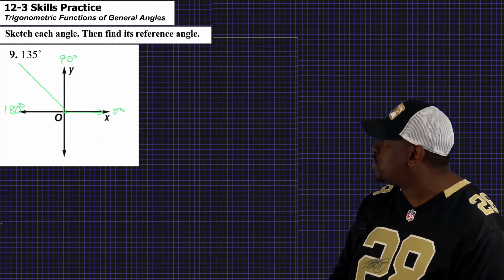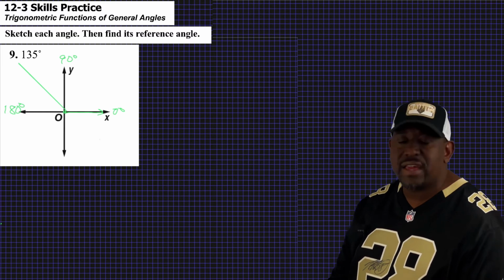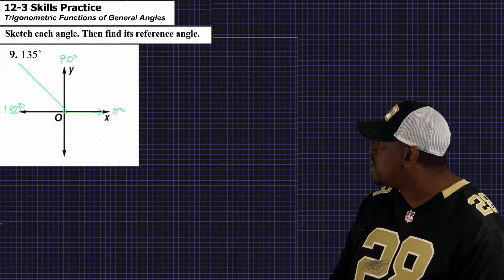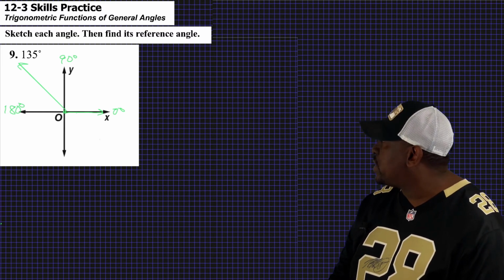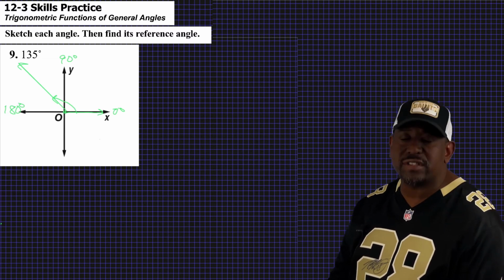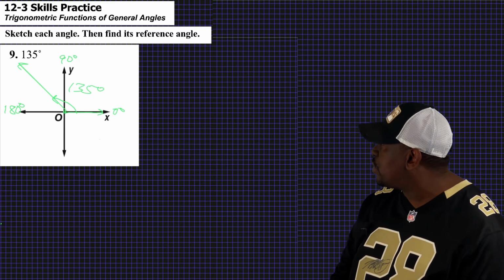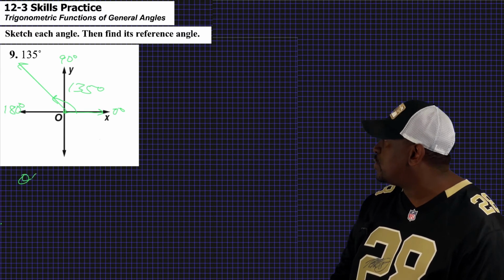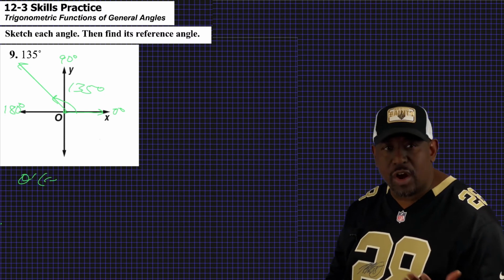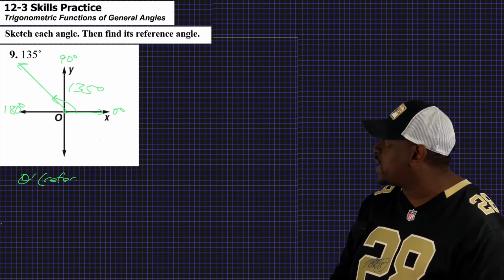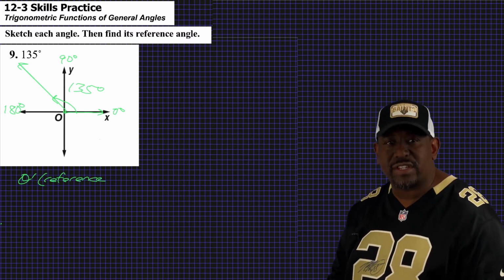So if I want 135, that is exactly between 90 and 180. And so we put our initial side at 0 and we rotate it to the angle that's created, which is 135 degrees. And so what you do is you put an arrow and then you write the angle measurement next to it. So we are done. And theta prime is what we call a reference angle. Reference angle is the distance from the angle to the nearest